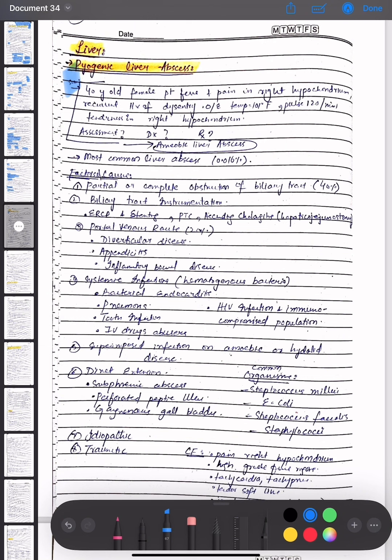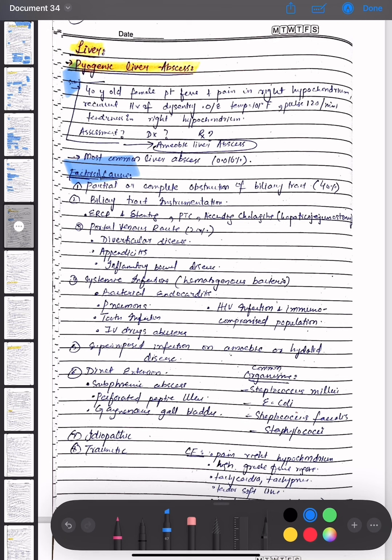So, first of all, pyogenic liver abscess is the most common liver abscess, and the causes are partial or complete obstruction of the biliary tract, which is 40%, biliary tract instrumentation, that is ERCP, stenting, PTC, ascending cholangitis or hepaticojejunostomy, portal venous route, diverticular disease, appendicitis, and inflammatory bowel disease, systemic infections, that is hematogenous bacteria, bacterial endocarditis, pneumonia,